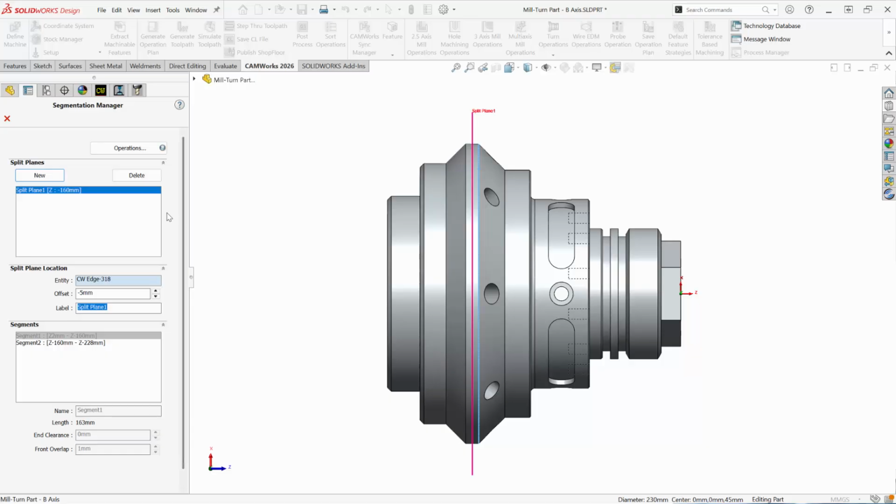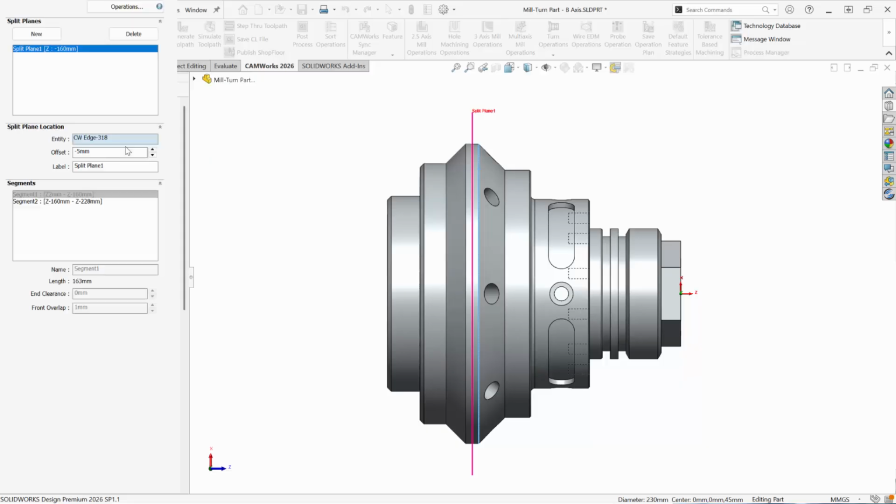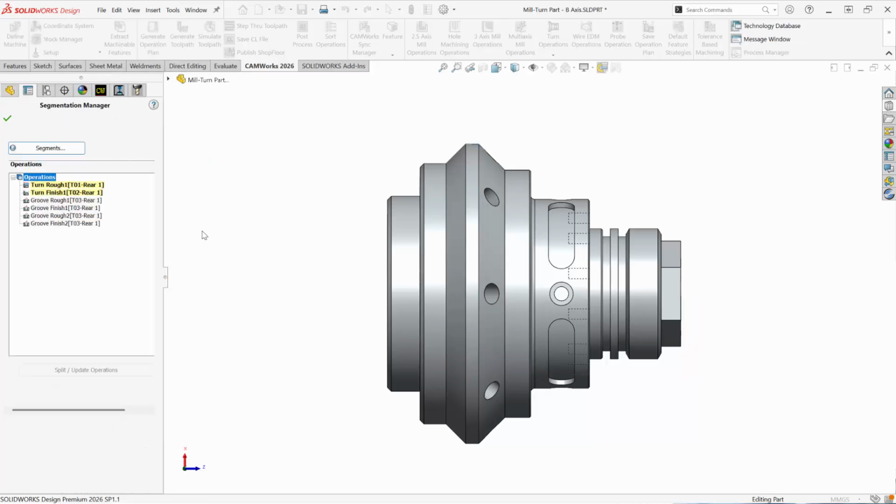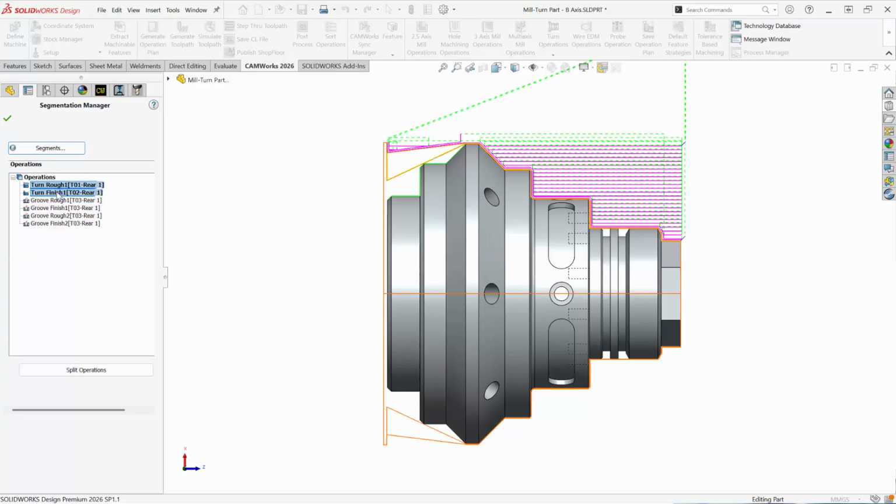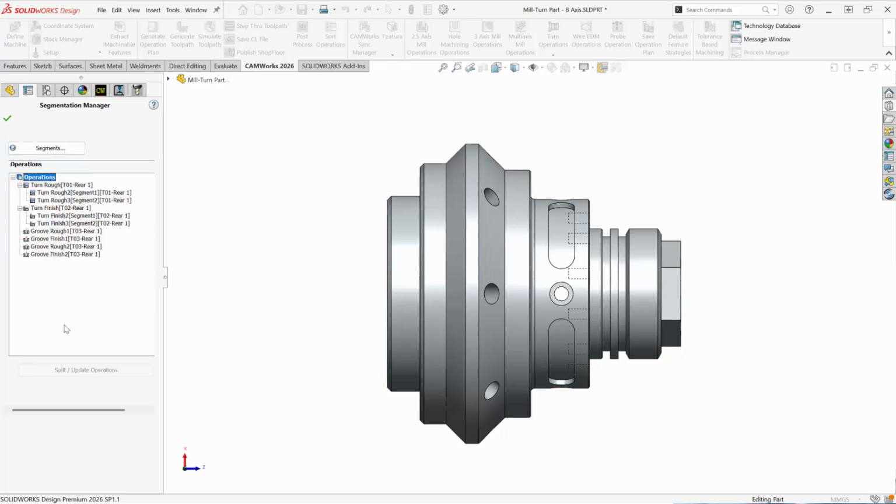Now that the split plane has been oriented, I'm going to select the operations. It automatically recognizes turn rough 1 and turn finish 1. I'm going to highlight both of these, and then I'm going to split the operations. I'm then going to hit the green check mark,